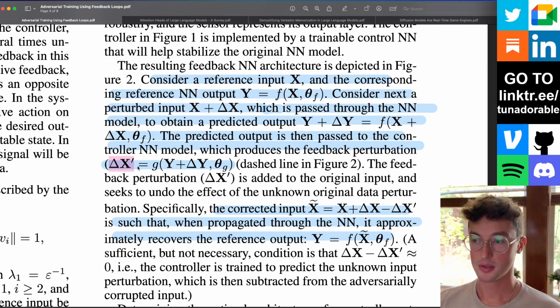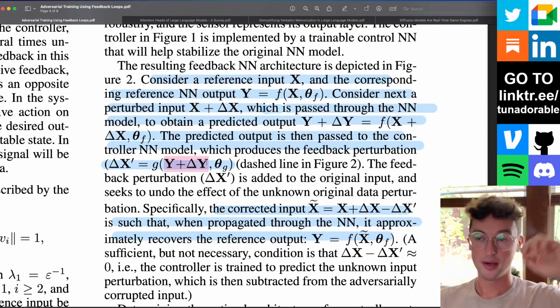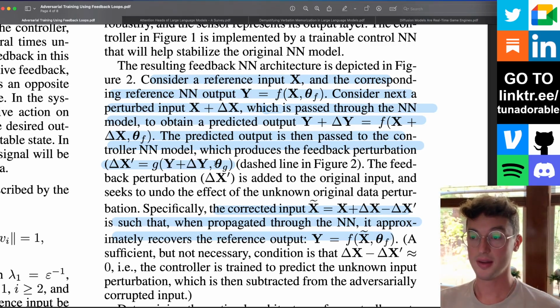So this new controller model is itself a function of the perturbed output, the actual wrong, messed with output of the main model, and its own parameters. It outputs a proposed perturbation to the inputs that is meant to counteract the original perturbation. So delta x prime counteracts delta x, at least in theory if the model's trained well.